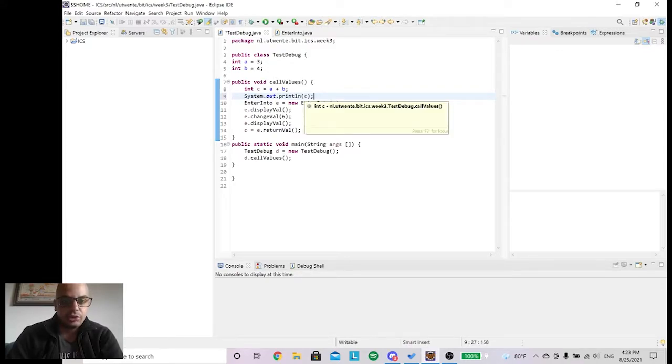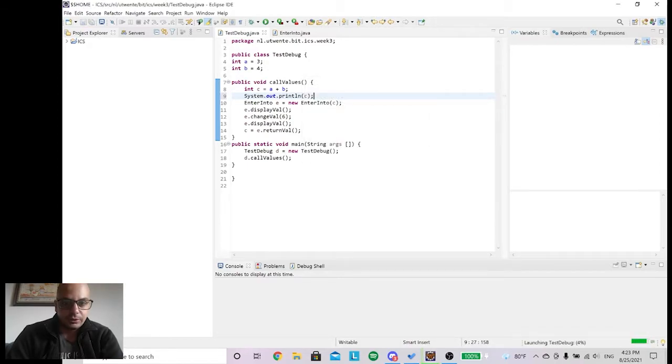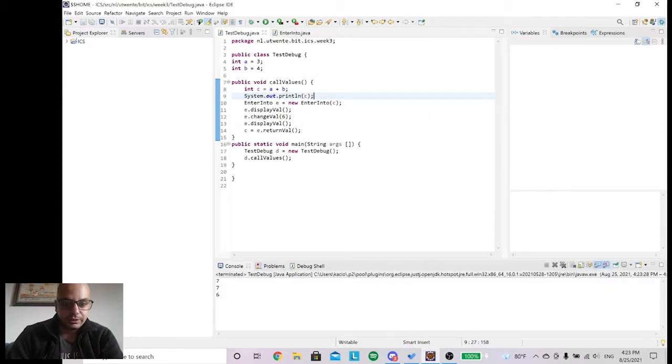This is a really easy way because in that case you can just check if it's correct or not correct, and you can see if everything is good. And in that case, if I run it, of course you need to save it. Here the first value 7 is actually the calculated value of a plus b, which is 4 plus 3.